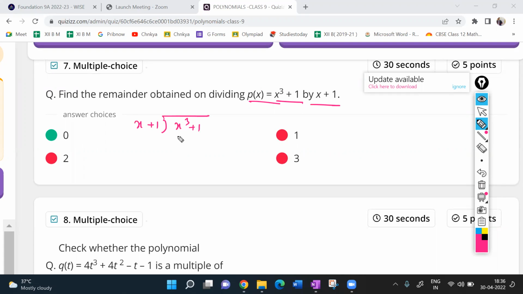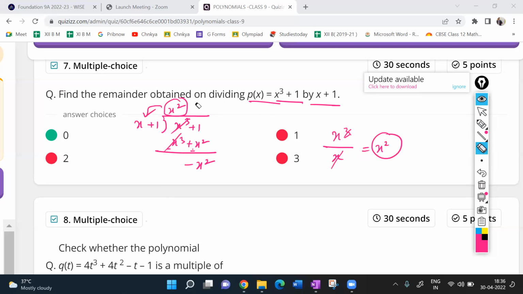First of all, you have to take the first term. What is the first term here? x cube. We have to divide it with x. So what do you get? x gets cancelled, x square. So the first term should be x square here. Now you multiply this x square with this entire divisor. So x square into x cube plus x square. Subtract this, minus minus this, it will get cancelled. Minus x square.